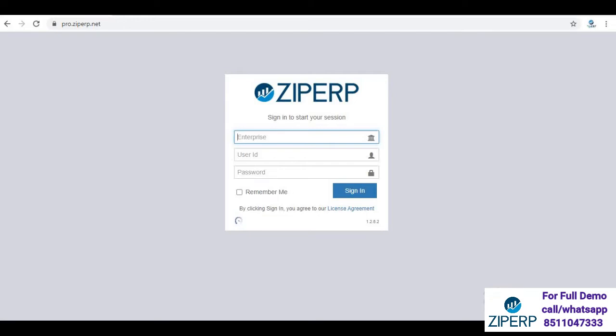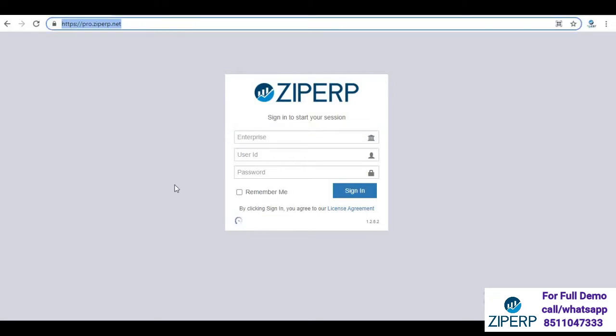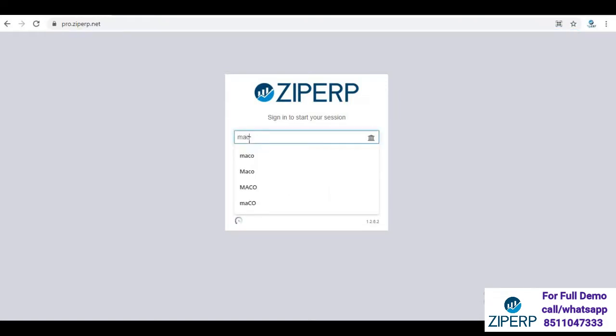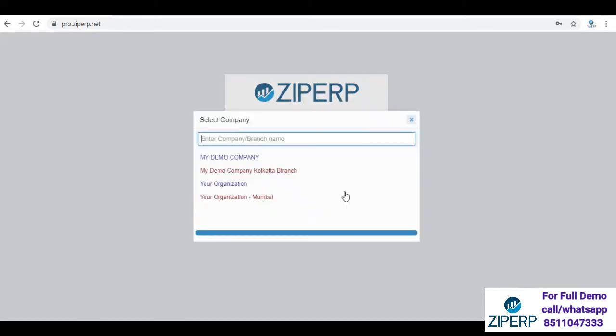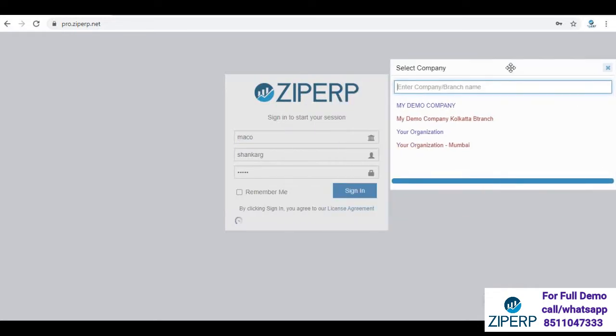The moment you log in with the given URL, the screen will prompt you to enter three fields: the enterprise, user ID, and the password. Enterprise will be the name of the company or the group. Username will be the user who is logging in, and the password for that user to log in. Once the user logs in, you can see a list of companies will be visible here,